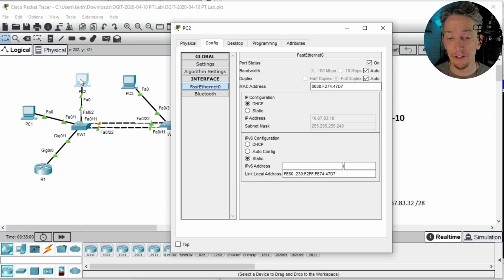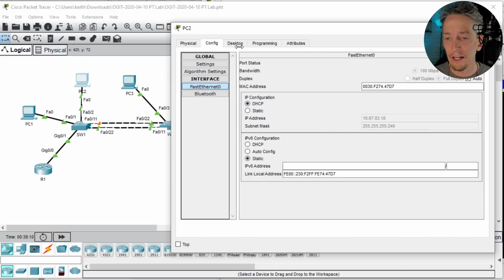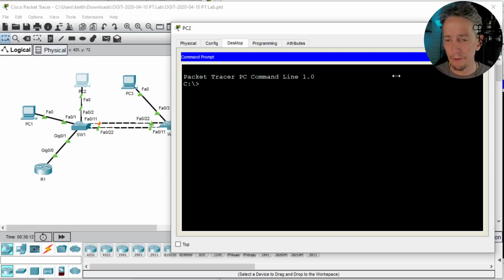So let's go to PC2 just to mix it up a little bit. We'll click on, let me bring this over a little. Oh, come on, you. Bigger. I want bigger. There we go. Let's go to desktop and go to command prompt. I wonder if NS lookup works. NS lookup. Oh, okay. So I didn't know that existed inside of Packet Tracer, but NS lookup is a great